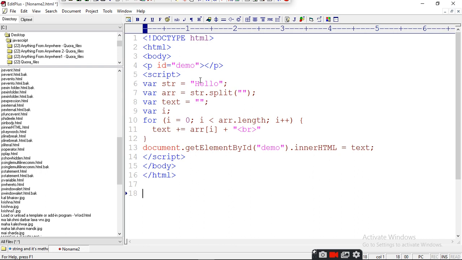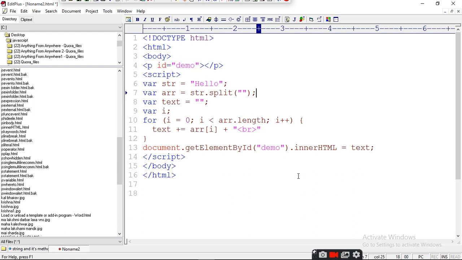How? When i is equal to 0, it will take H in array arr i, and when i is 1, then it will take E. When i is 2, then it will take L. When i is 3, it will take the second L, and then when 4, it will take O. So one by one it displays into the text.